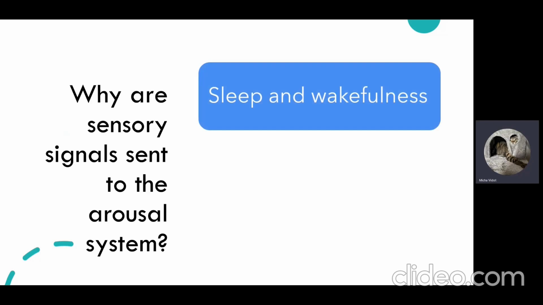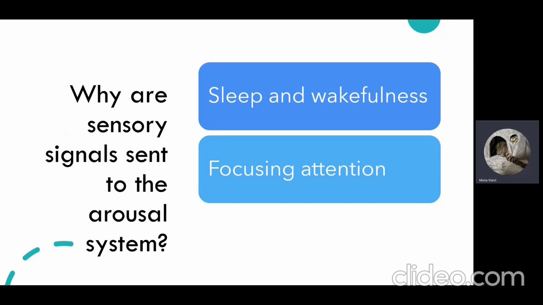So input through our senses can wake someone, which is why a loud noise would wake you up from your sleep. And no sensory input can induce sleep. This is why a lot of people use white noise to mask auditory stimuli, create a very neutral input, and make you fall asleep quicker. You need it for focusing attention. So focusing through one sense can suppress the others,